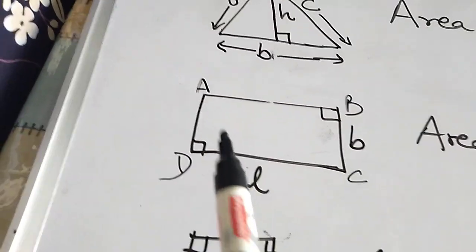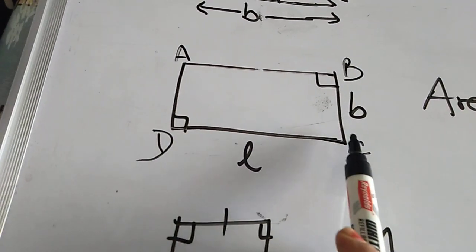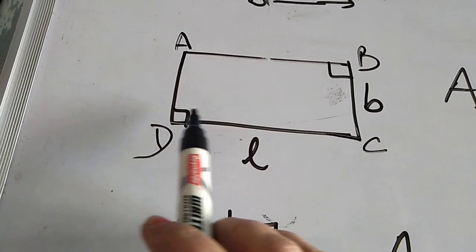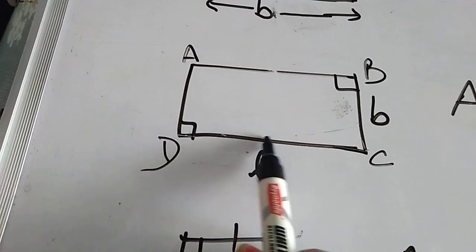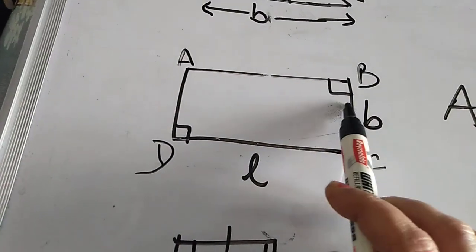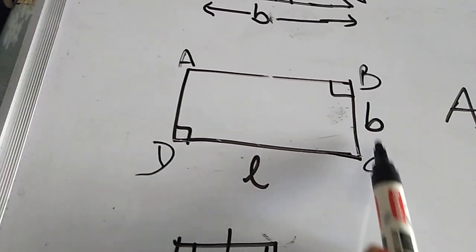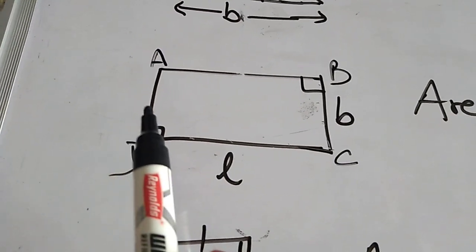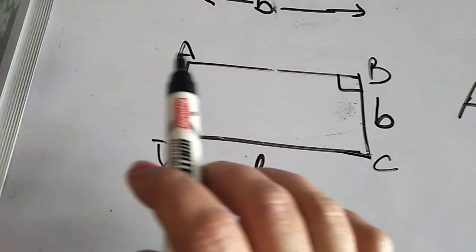Coming to this, in a rectangle this is the length and this is the breadth. Like you are sitting in a class, these many children are sitting in the first row, and there are 5 rows. Suppose there are 7 students sitting in the first row and there are 5 rows. So how do you calculate the number of children sitting in the class? 7 multiplied by 5, that is 35. Same concept is here. Why length into breadth? Because this length goes up to B times.